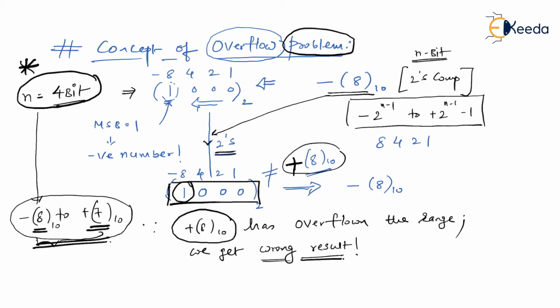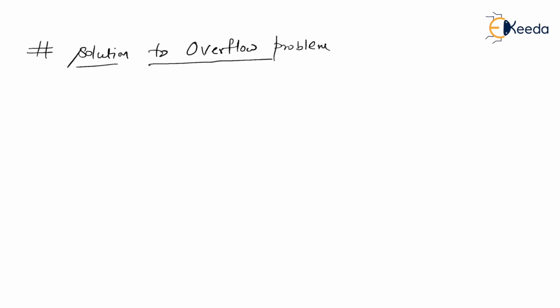Getting the wrong result is not desirable. Therefore, it is called a problem. This problem has occurred because you have overflown the range. Therefore, this problem is called the overflow problem. The solution to the overflow problem is to increase the size of the number. I hope you got the solution. So since you have understood the problem, let's hit the solution. Since we are looking for a solution to the overflow problem, we have found that the solution is nothing but increasing the size of the number.